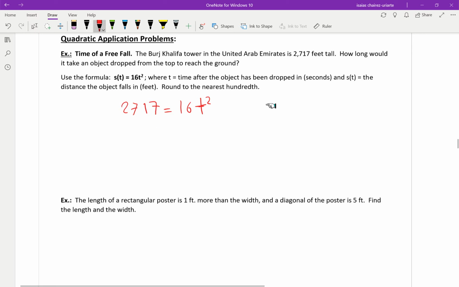Okay, I think I can solve this. I'm gonna start by dividing everything by 16. So let's see, 2717 divided by 16. Let me get the rounded version of that. 2717 divided by 16, that's about 169.813. 169.813 equals t squared. Then I gotta take the square root of that, and there's going to be plus or minus